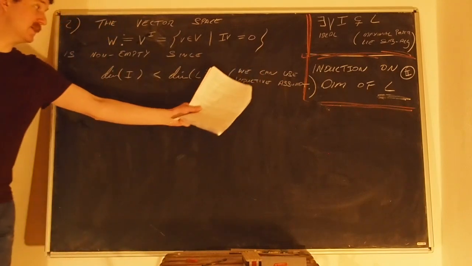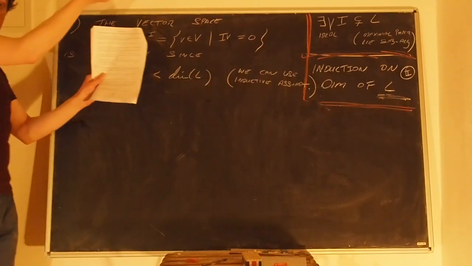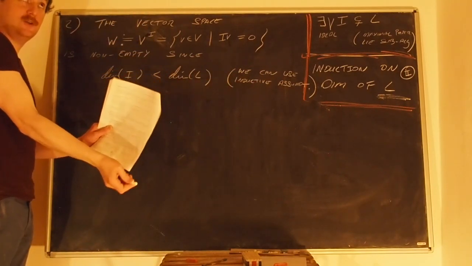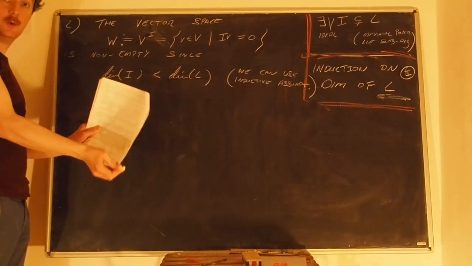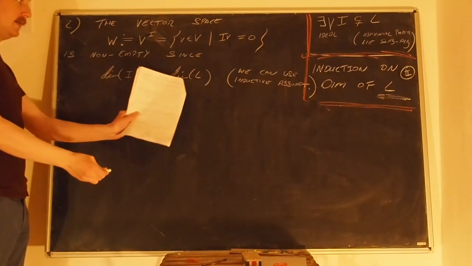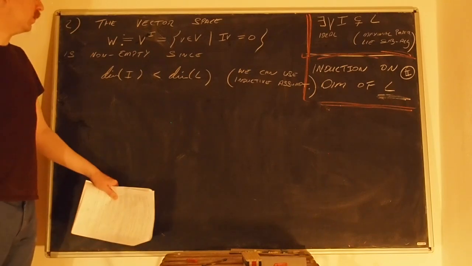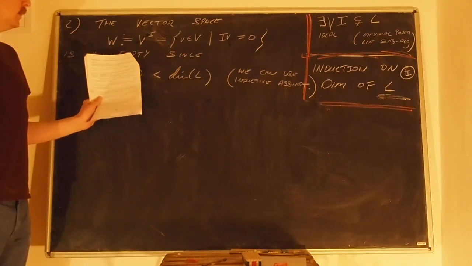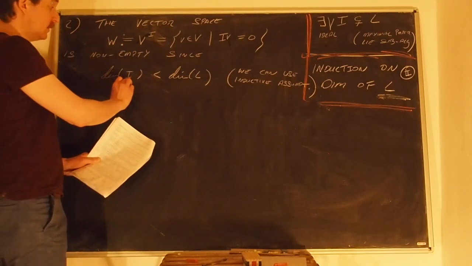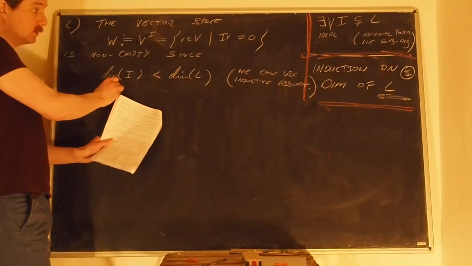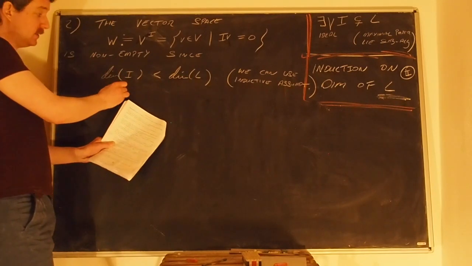Okay? The dimension is less. Why is that important? It's because we can now use the inductive assumption. We're assuming that it holds for everything less than the dimension of L. What does that mean? The inductive hypothesis says that for any representation of I,